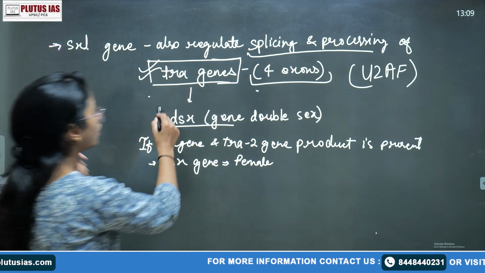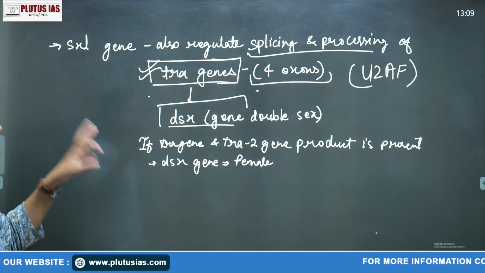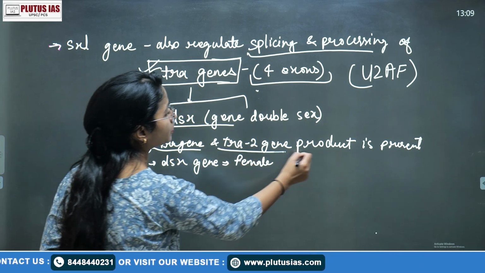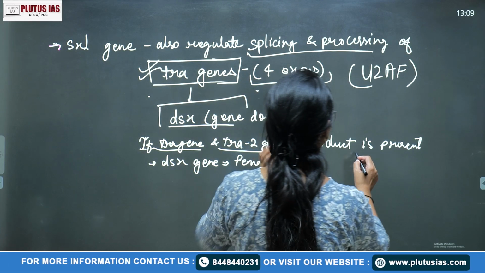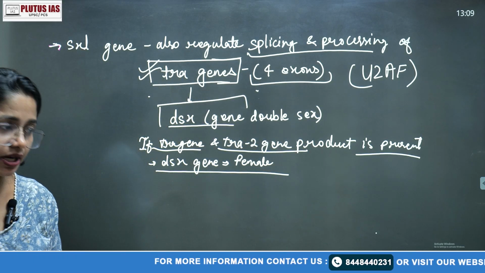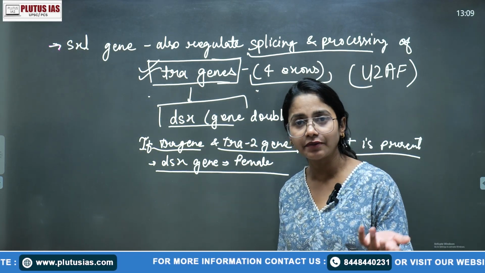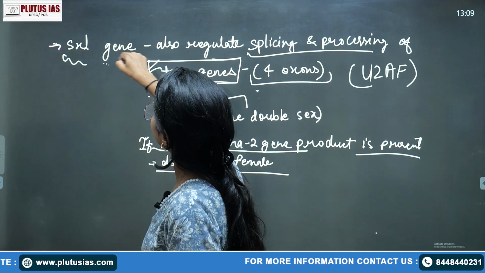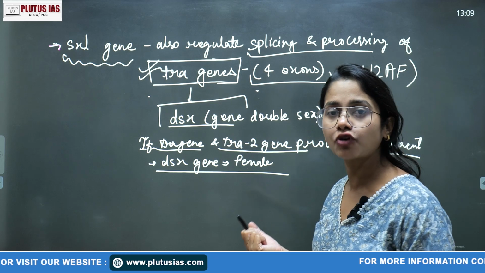Then this TRA gene is also regulated by the DSX gene. So many genes are regulating factors. The DSX gene is the gene doublesex. If the TRA gene and TRA gene product is present, as we just talked about the second exon in femaleness, then the DSX gene will be forming the female. As we said initially, the SXL gene has the tendency of formation in early development, in both male and female. Everything we are still discussing is the regulation of the SXL gene, so the formation of the SXL gene is regulated by so many things. The TRA protein is one of them.